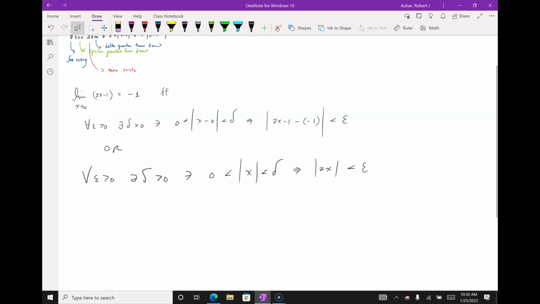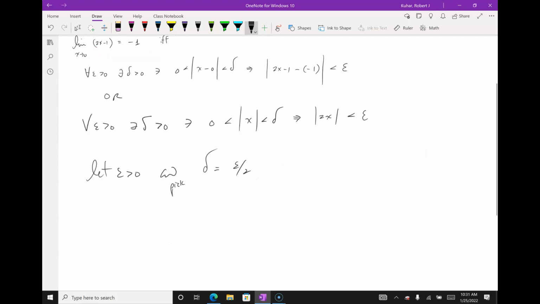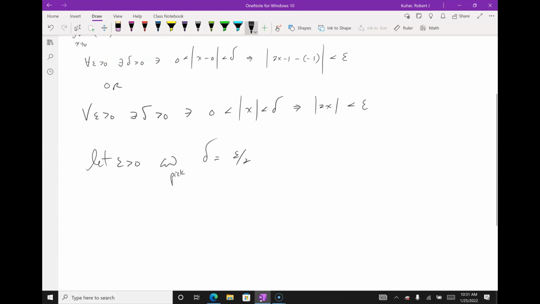So it turns out I'm just going to let epsilon be greater than 0 and pick delta equal to epsilon over 2. If 0 is less than the absolute value of x, which is less than delta, then we must show